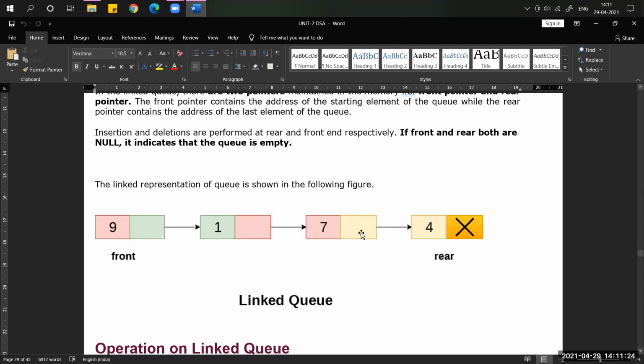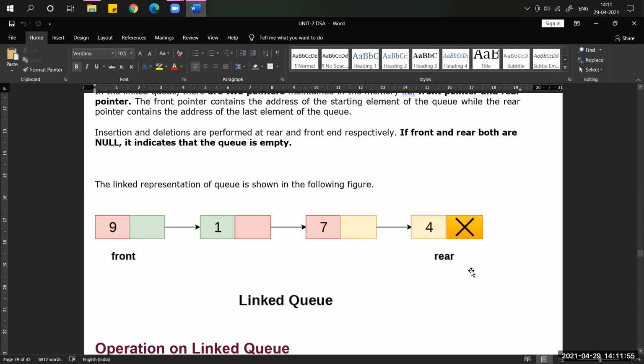Link field. Why did we keep a null pointer at this link field? Because this is the last node in the given queue. There are no nodes after this node, so it doesn't store any address. It is simply kept null. The node which has null is the last node in the given queue.